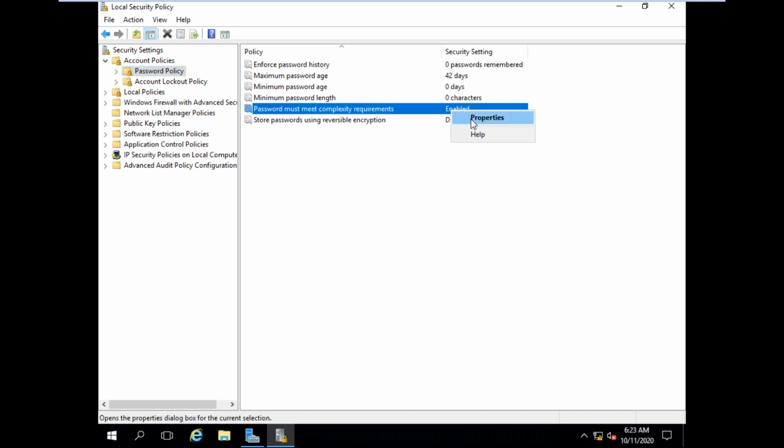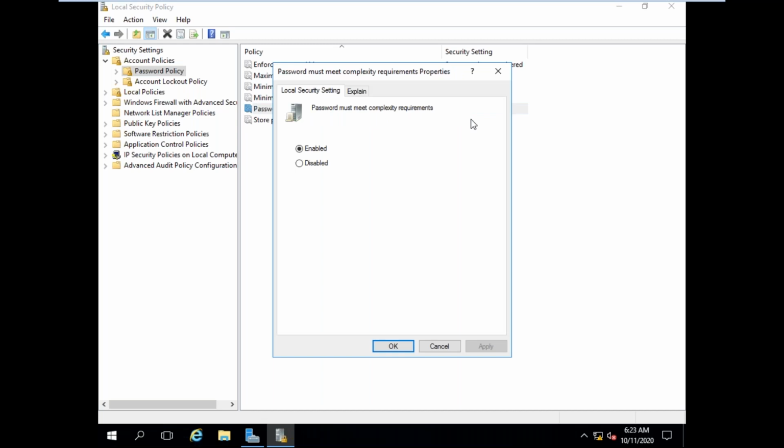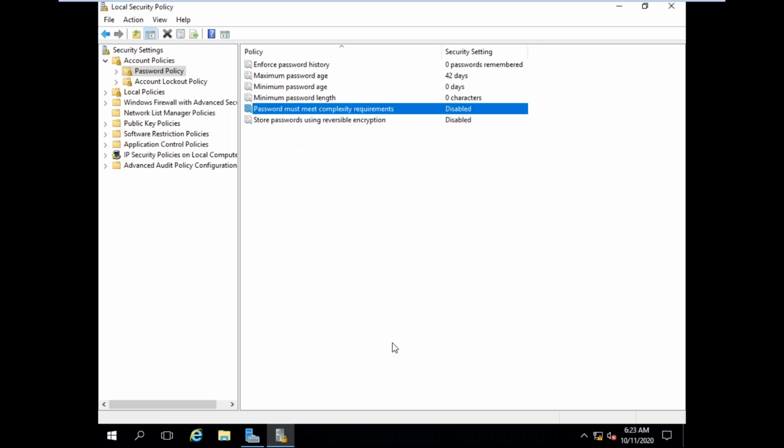Right click, Properties, you can disable it. Now you can create the user account with a minimal password, or without a password. Now I am disabling it and applying the policy. Click OK. Now you can create the user account without any password complexity. Account lockout policy.